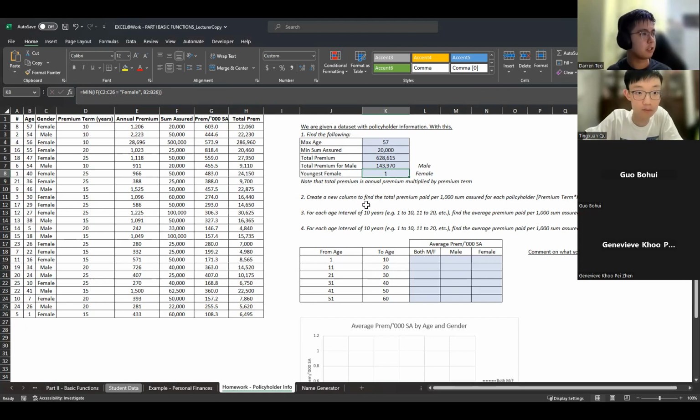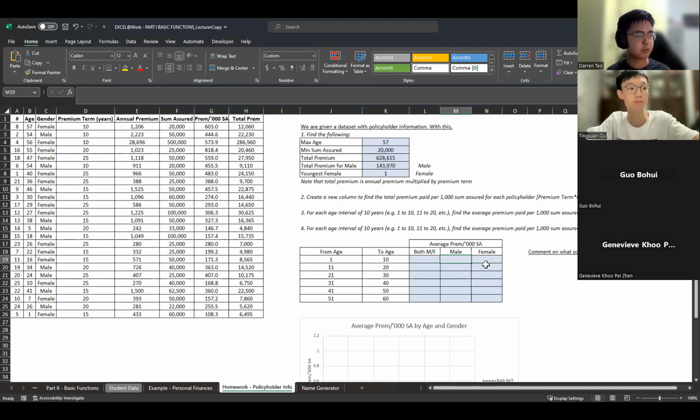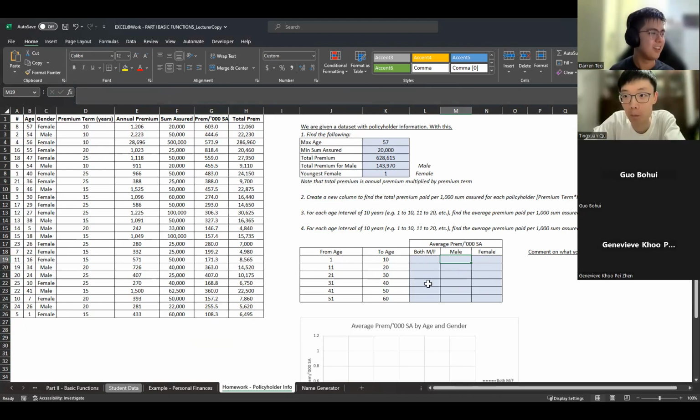Okay, if there's nothing wrong, then we will move on to the next question. I think the next question is already provided to you. It's already in column G, so I think we didn't have to do this part. And then questions 3 and 4 are the averages from here. Would you like to have another volunteer to share? Okay, a bit quiet, class. Let's use the randomizer then.